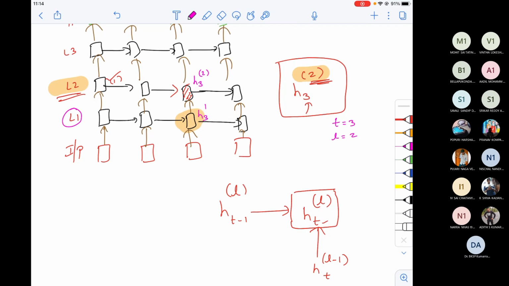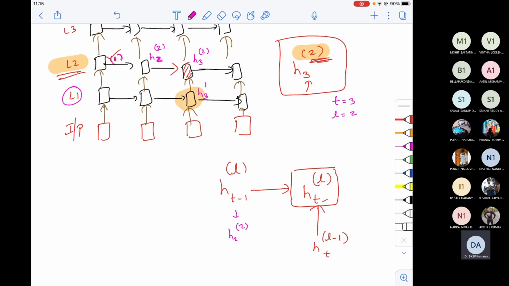H3, third timestamp of layer 1. And what is this labeled as? It is basically H2, layer number 2. Sorry, it's timestamp 2. Sorry, it's not H2. H2 is basically timestamp 2. This is timestamp 1, and this is timestamp 2. And belongs to which layer? It belongs to second layer. Okay, so this is nothing but H2 of 2, and this is basically H3 of 1, and this and this